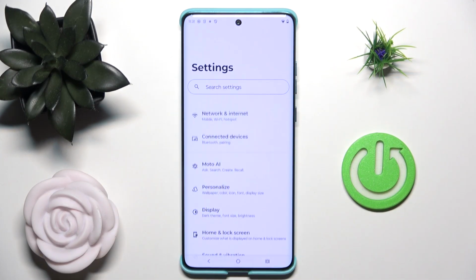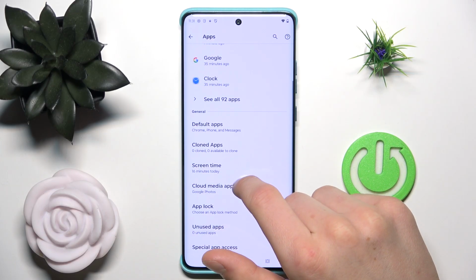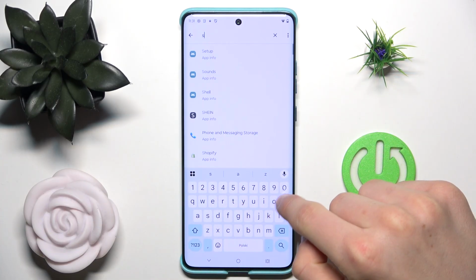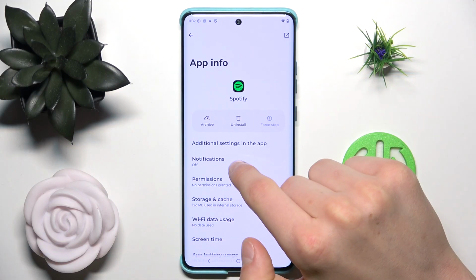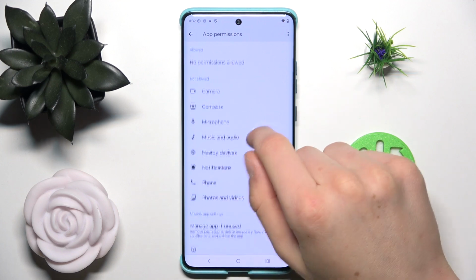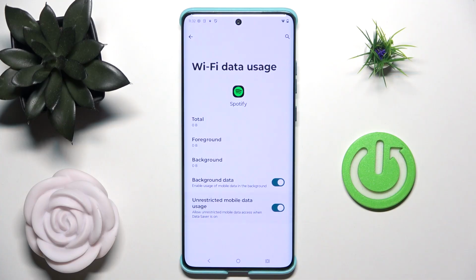So first way is just go to the settings, go here, apps, scroll, go to the search bar, find your Spotify, right there, permissions, and allow all of this. After you allow them, there shouldn't be more issues, and if you have still, you can go here and just allow here. That means you have no limit of the mobile data usage on Spotify. After this, there shouldn't be more issues, but if you still got some issues, I'm gonna show you last easiest